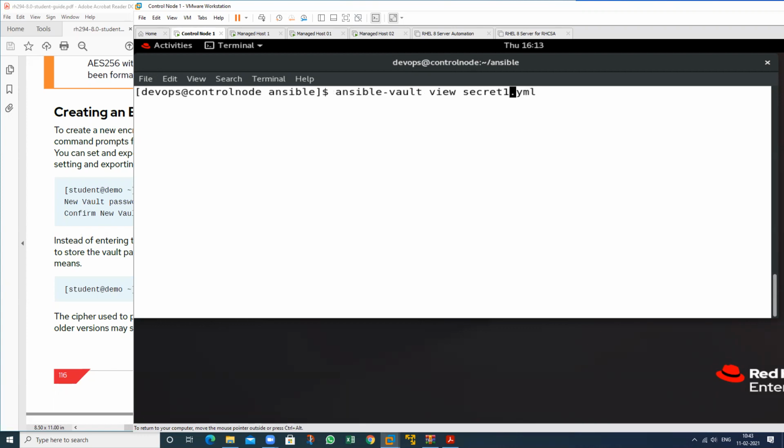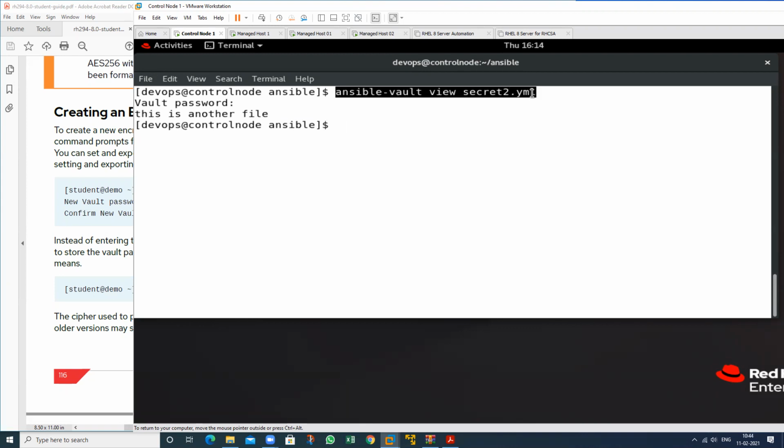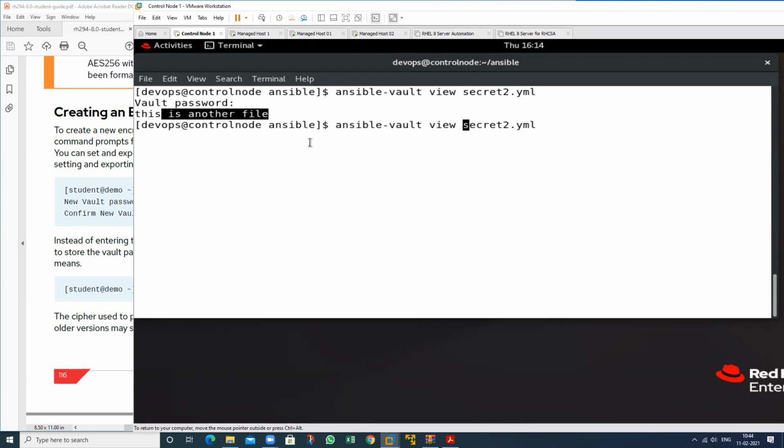Just in the place of create, just apply view. And what is the password? So just type the password. If you want to apply the password through the file, you can also do that. Suppose you want to view this, so what is the content? This is another file, and hyphen vault hyphen password hyphen file.